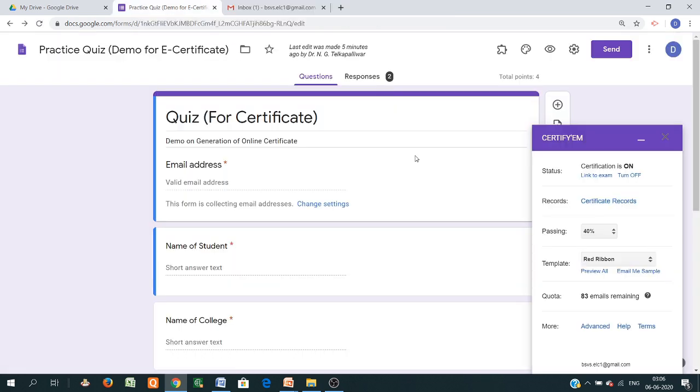That is how to use it. This is all about the template form, how to use the template which is available in Certify'em.